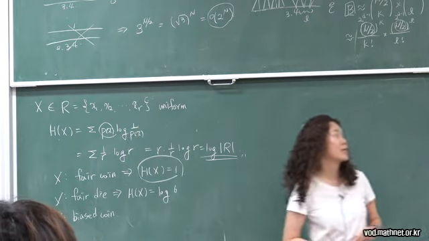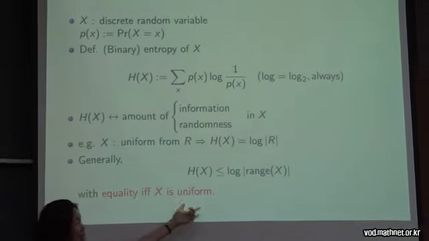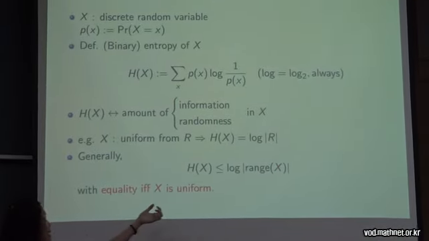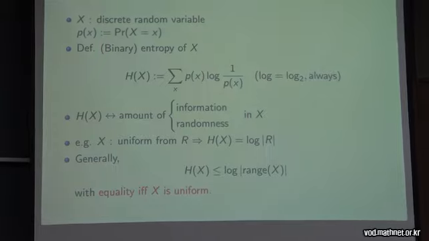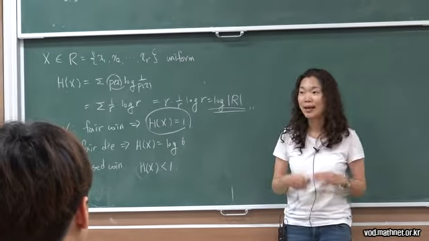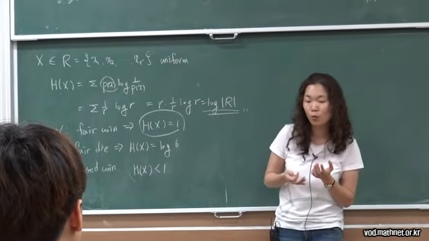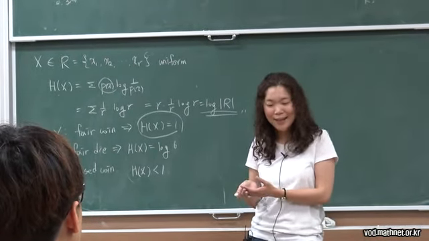So in this case, this is a general property. Generally, h of x is at most log of the range of x, and equality holds if and only if x is uniform. That means if x is a biased coin, h of x is smaller than 1. And this is also natural, because once we have a biased coin,